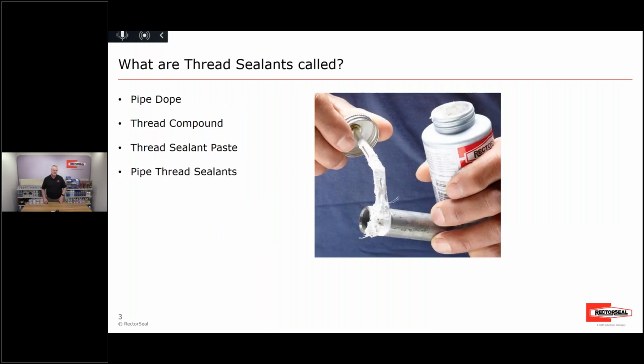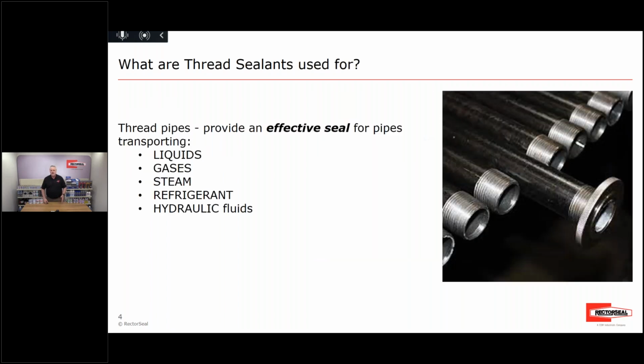So what are thread sealants called? They're called pipe dope, thread compound, thread sealant paste, or even pipe thread sealants. They're called a variety of things, but everyone knows we're talking about thread sealants. And what are thread sealants used for? Thread sealants are provided as an effective seal for pipes, fittings, joining together, transporting liquids, gases, steam, hydraulic, refrigerant,